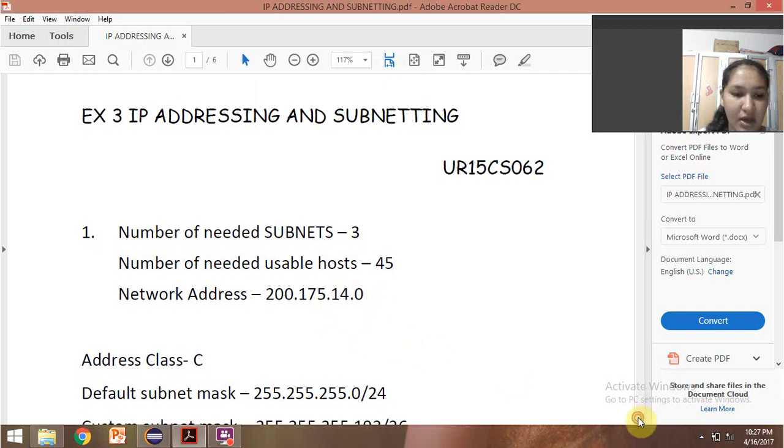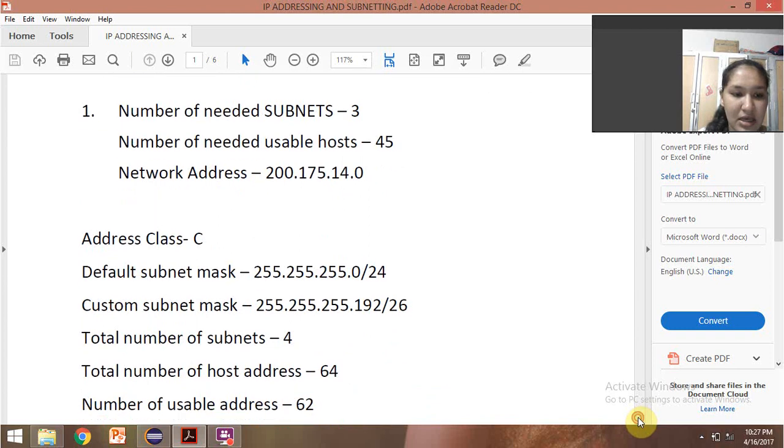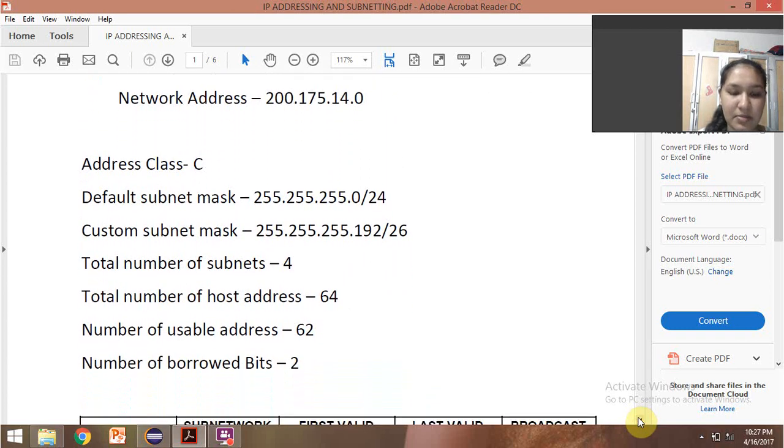200.175.114.0. Here we have to find the address class, default subnet mask, custom subnet mask, total number of subnets, total number of host addresses, number of usable addresses, and number of bits borrowed. Here we are finding the address class by